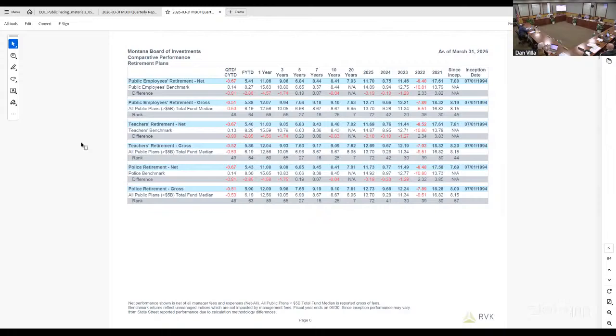But longer term, we've either been above our benchmark net of fees on an annualized basis or just above it or right at it if you look at the 10-year period. So good, strong absolute performance, relative performance, meeting long-term expectations. If we look at the gross of fees comparison, and in fact, if you look at that 10-year number, that's more than 1% above, each year on an annualized basis, your assumed rate of return.